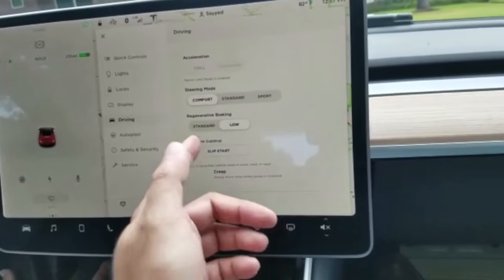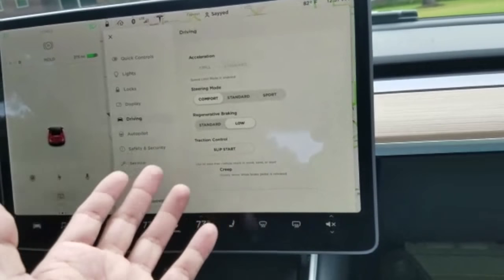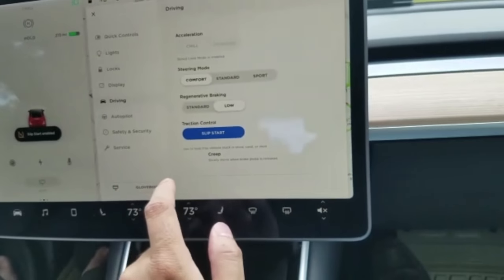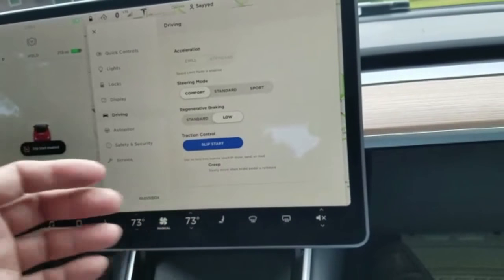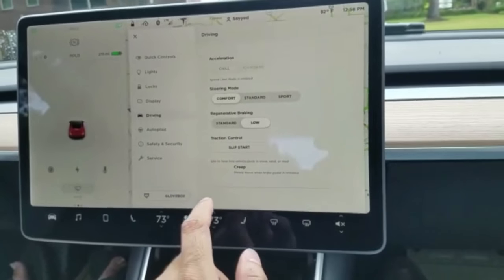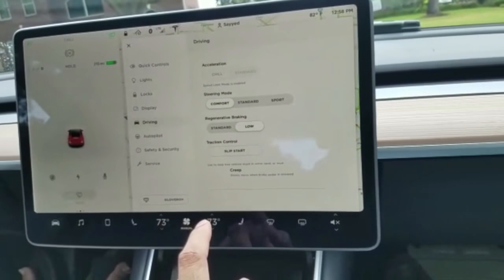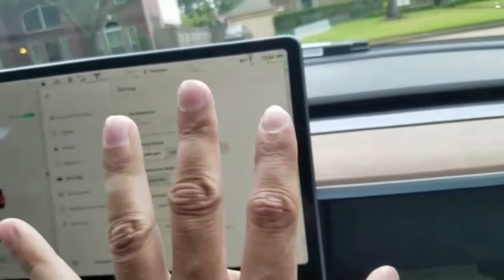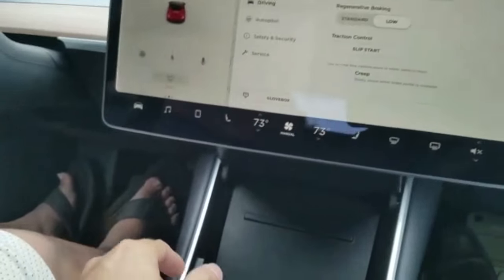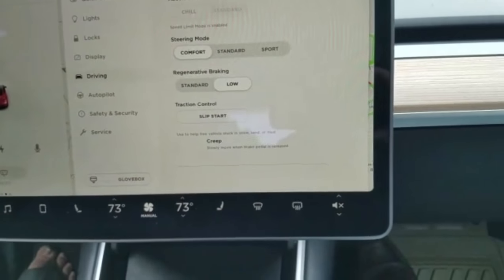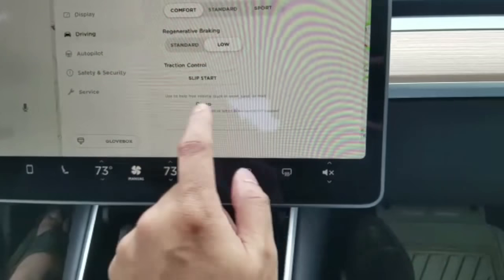Then you have traction control. If you want to get rid of traction control, you are stuck in mud or snow, you can click this and then you can get out of that situation. And then creep. Creep is like, when you put the brake and take your foot off of brake, this car stops, doesn't move. Like if you take your foot off of your brake, the car stays here, doesn't move. In creep, when you put this on,